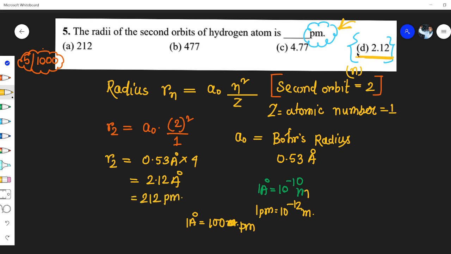The correct answer would not be D. The correct answer in this particular question should be A. So I think this was a very important question for your upcoming examinations like CSIR NET, GATE and IIT exams.